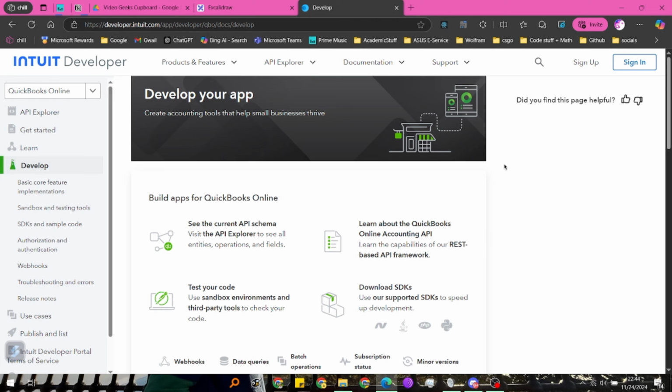QuickBooks will do all the calculation, and at the end of the 15th day, it will automatically send an email to the client saying this much work is done and this much of the promised budget is already used.